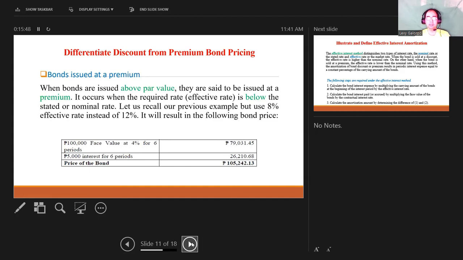Now, this time, bonds issued at a premium. When bonds are issued above par value, they are said to be issued at a premium. It occurs when the required rate or the effective rate is below the stated or nominal rate. Let us recall our previous example but use 8% effective rate instead of 12%. It will result in the following bond price. So the price of the bond is 105,242.13. Paano nakuha yun? 100,000 face value at 4% for 6 periods, 79,031.45. And then 5,000 interest for 6 periods, 26,210. Total yan, yung